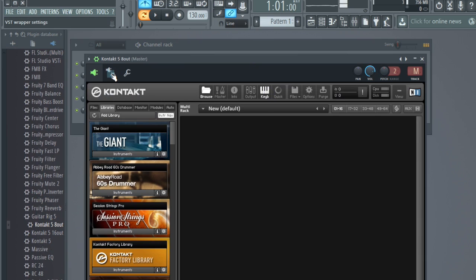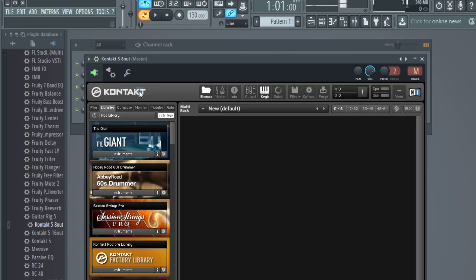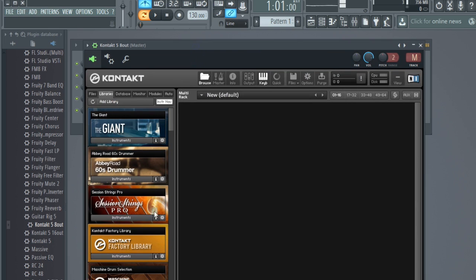So one of the first things you need to do is actually set up your input port. So set that to 0. Basically what that does is let the program FL Studio know what channels it needs to be listening to when you assign the MIDI channels to that, and we'll get to that in a second.